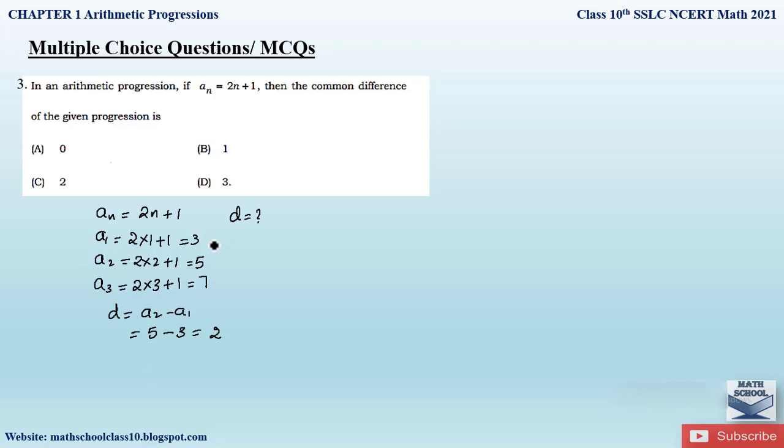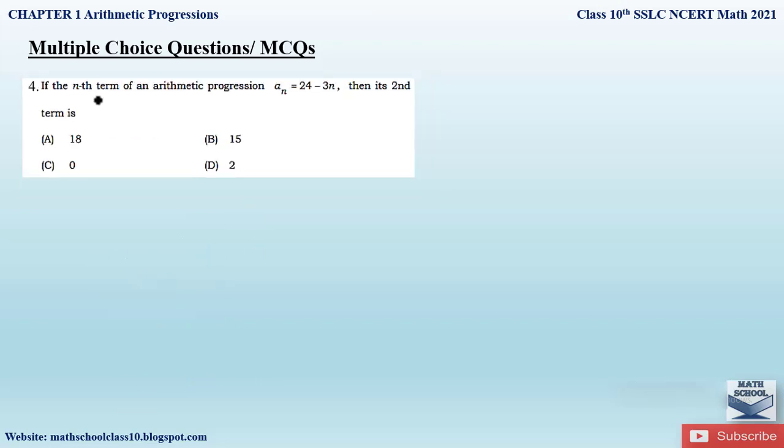Similarly, now let us check the common difference between the second and third term. Right, so the common difference should be the same between all the terms, only then the answer will be correct. So we will check the common difference between our second term and the third term. So that will be a3 minus a2. So always remember, we have to take the larger term first and then subtract the lower term. So here we are subtracting a3 minus a2, which is 7 minus 5, which is equal to 2 again. So therefore the common difference is the same here. Therefore our correct answer is option number C.